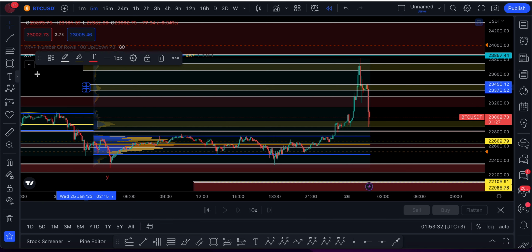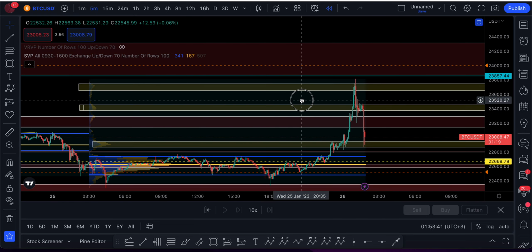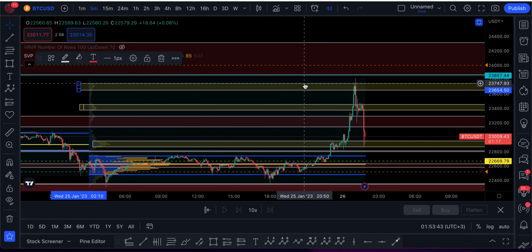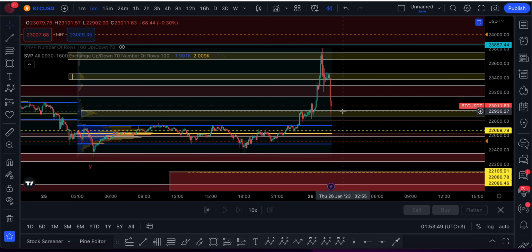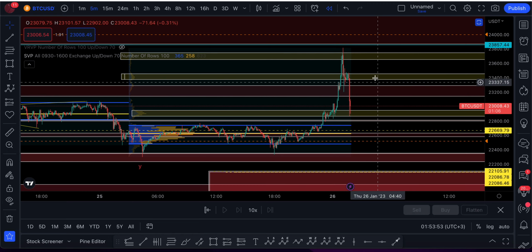So this is the price for the middle node. The lower node, that's the price. Yeah, so you can pause the video and mark them. And the upper node, that's the price. Okay, so mark these and see how price will be interacting with these areas, whether it's getting rejected or finding